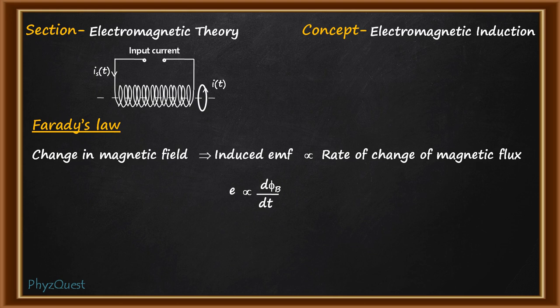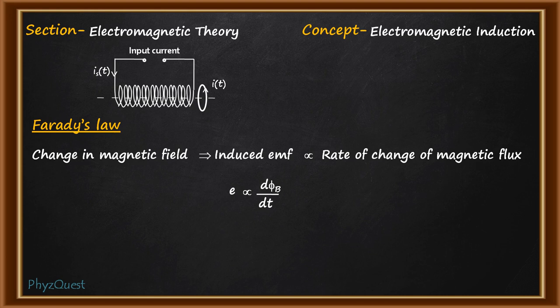So here, when current is passing through the solenoid as a function of time, what we have to find out is the time varying behavior of the induced current, and we have the behavior of I_s as a function of time. So what we have to do here is establish a relationship between both the currents. Once the relationship is established, then from the given plot we can deduce the time varying plot for I(t). So for that we have to proceed like this.